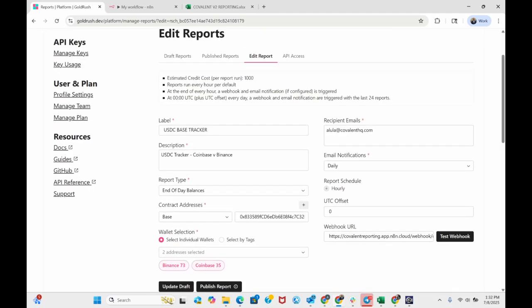sort of portfolio. The way that this tool works is it provides basically an email update, so I can select hourly or daily for the updates. And then every hour, the reports are scheduled to run. So based off of the UTC offset, I can get that information for a specific time zone, and all that